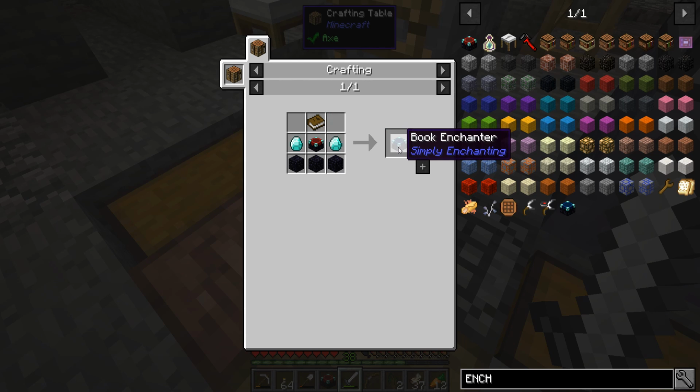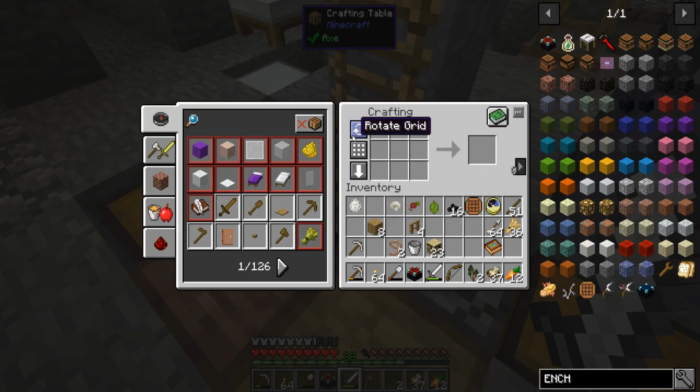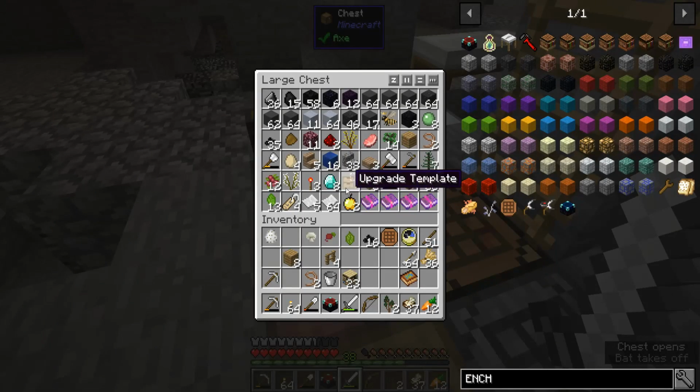Now that one will allow us to select exactly what kind of book we want to make, but we may not have all of the resources we need for that. We can make the table. I'm just concerned right now if it's worth it to make the table and not have the regular enchanting table. But what I want to do first is